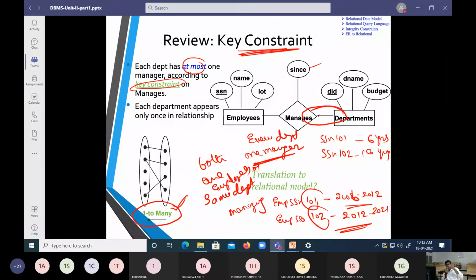So assume there is a person called 101 and he worked from 2006 to 2012. This 6 years tenure, that person was the manager. From 2012 onwards to the present, there is another employee who is going to be the manager. So there won't be two heads of the department for CSE. There will be only one. If such is the case, we are going to draw a bold arrow mark. That is what we have for a relationship with one-to-many.